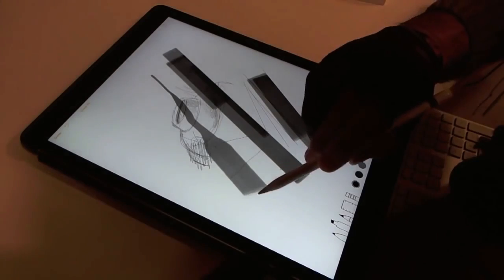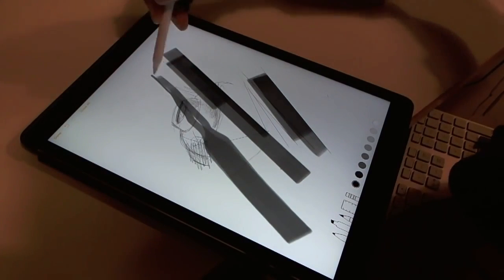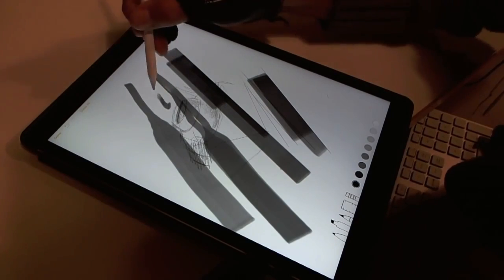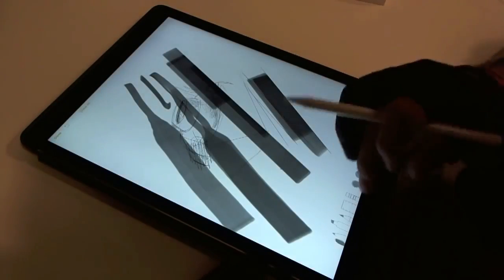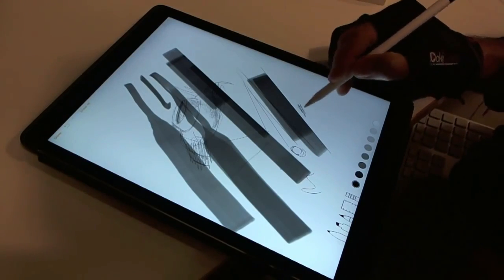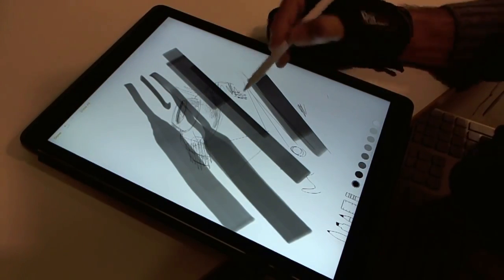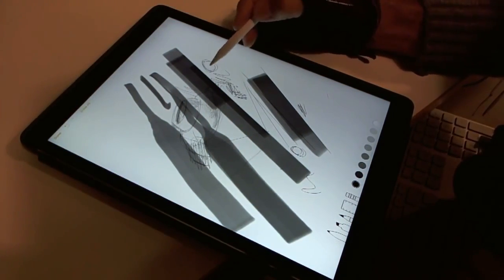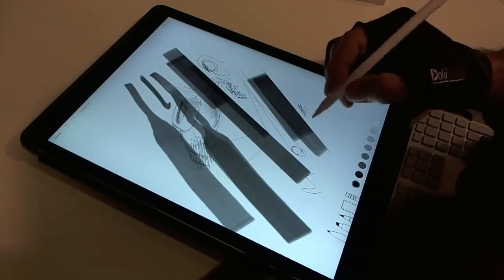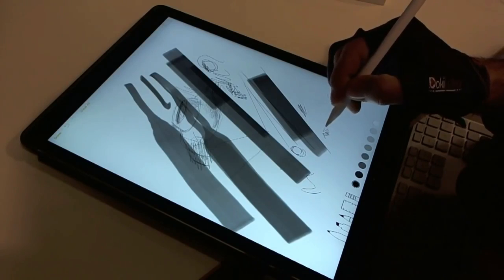But here I am showing how the tilt has been really nicely implemented. It detects the angle that you're holding the pencil, and you can get thick to thin lines. Here I am trying out the ink tool. This doesn't have tilt recognition or shading. Let's see what else. I went ahead and I think I grabbed another tool. Oh, here's the little